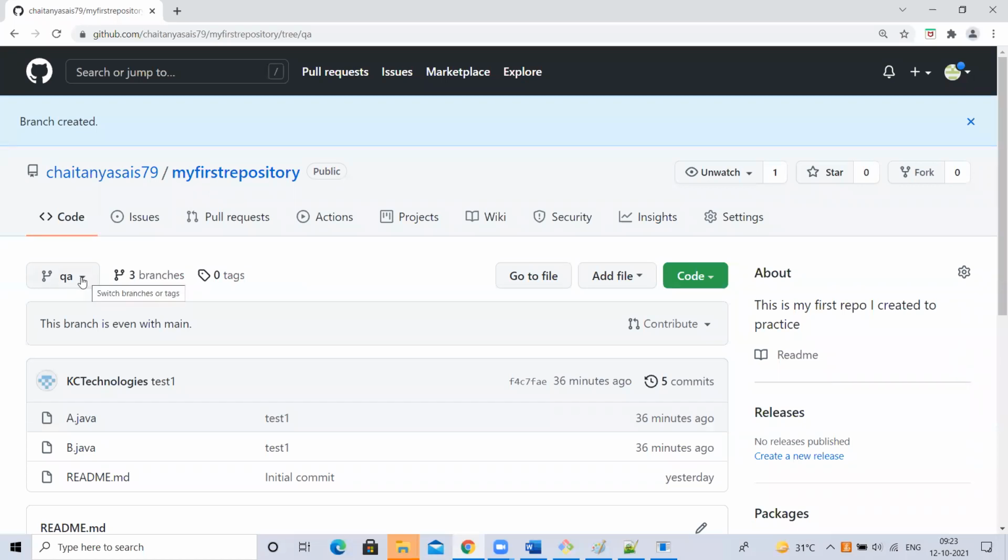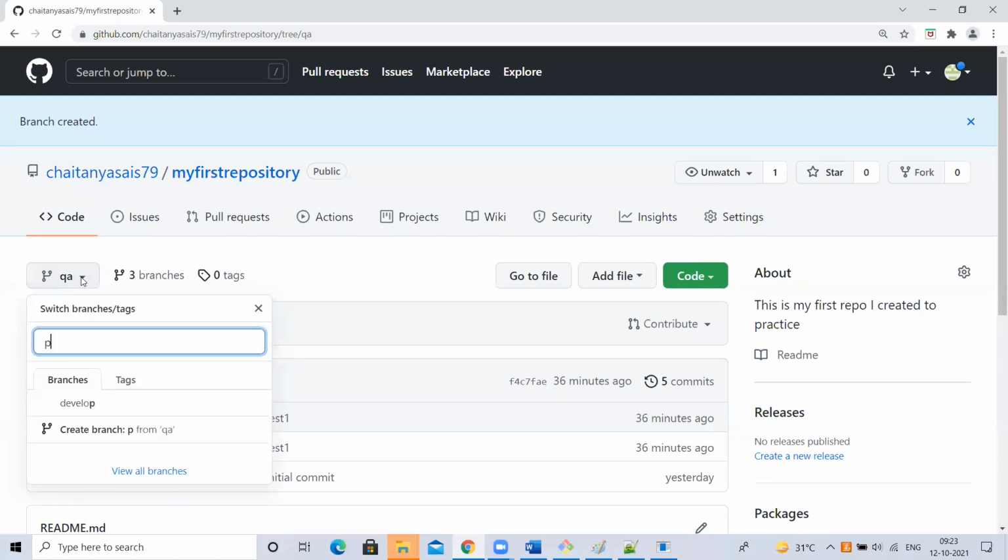Now I want to create one more branch called pre-prod. It is getting created from QA. If I click here, create branch pre-prod from QA, the pre-prod branch will get created, but it will get the changes from QA. I don't want it from QA. I want it from main. So what should I do?